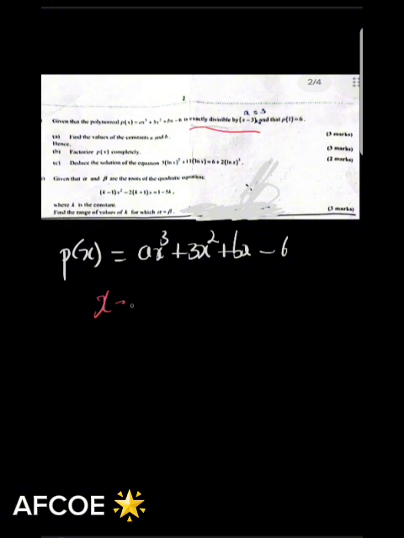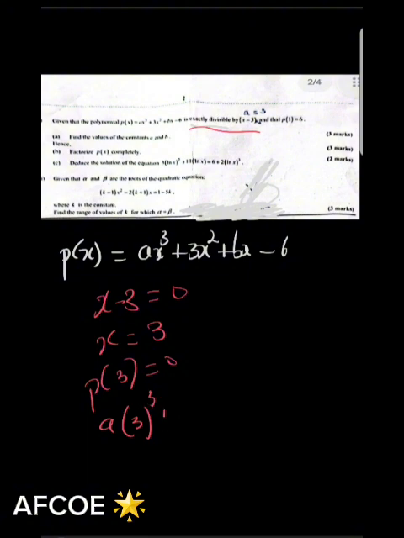Our a is what? 3. So we have x minus 3. We equate that to 0, and we get our x to be equal to what? 3. So we'll now be saying that p of 3 has to be equal to 0 since it is exactly divisible by x minus 3. So we now get a into 3 cubed plus 3 into 3 squared plus b into 3 minus 6